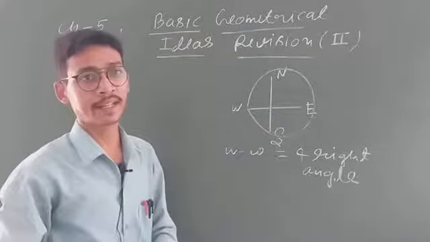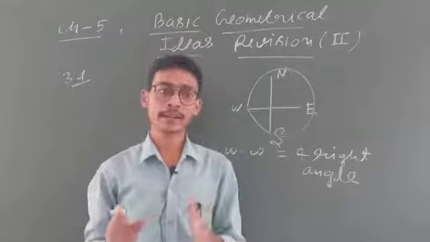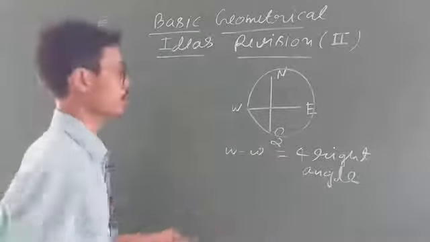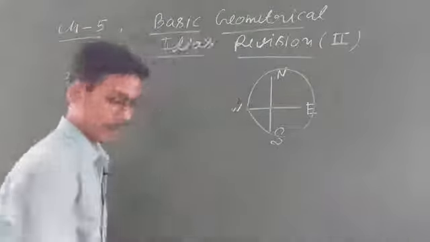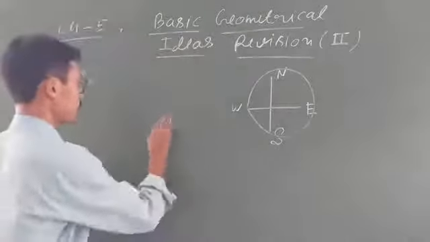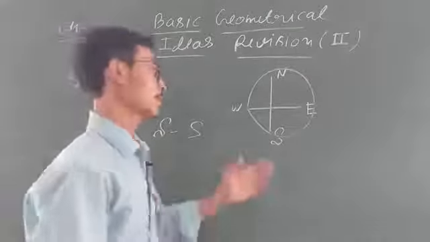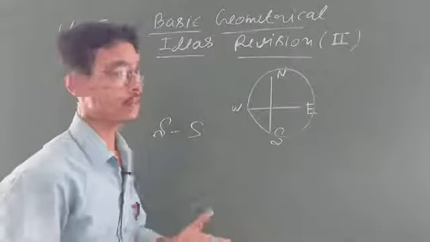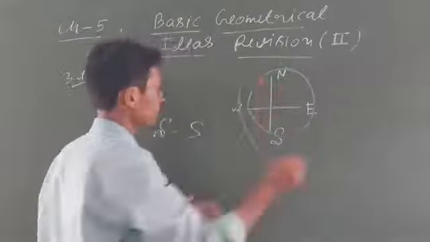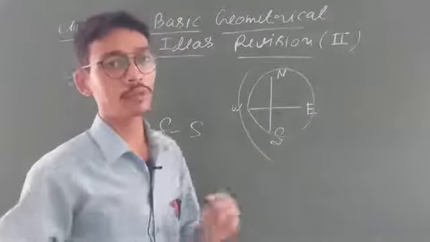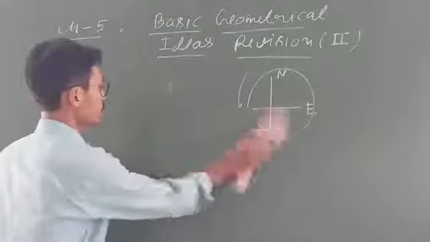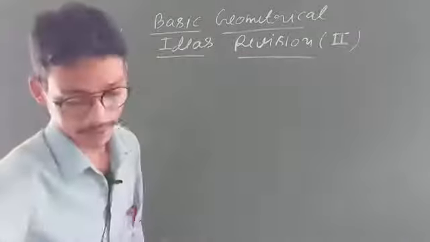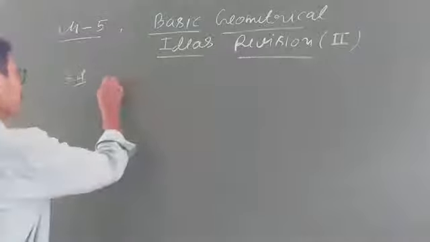That means 4 times 90 degrees, 4 multiplied by 90 degrees. One full revolution is what? 360 degrees. Similarly, if I want to know south to south, see, south to south clockwise or anti-clockwise, you have to cover the same distance. So south to south, again you will cover one full revolution. One full revolution means 360 degrees. And in 360 degrees, how many right angles do we get? You will say, sir, 4 right angles. Clear?